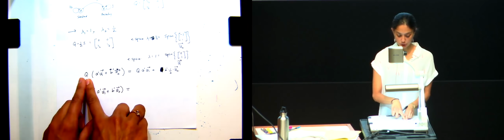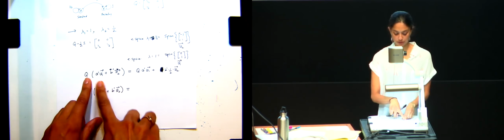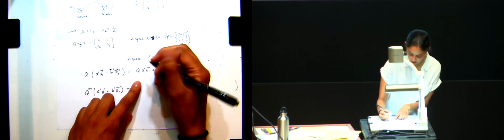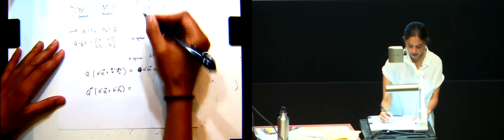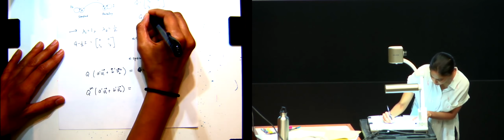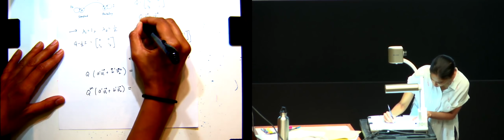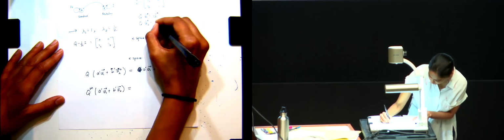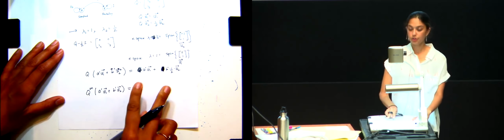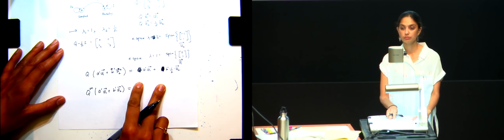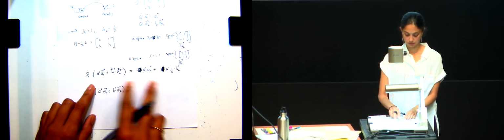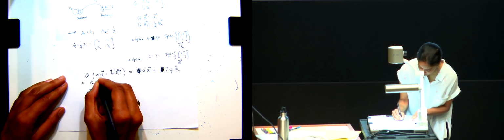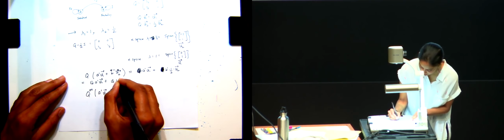So what happens if I take Q times... The first component is I get Q times A prime times V1. What do I get here? I'm just using the fact that Q times V1 is equal to V1. Q times V2 is equal to 1/2 V2. These Q's should not be here. So this is equal to the intermediate step Q times A prime times V1 plus Q times B times V2.